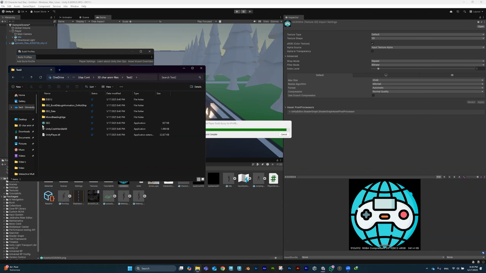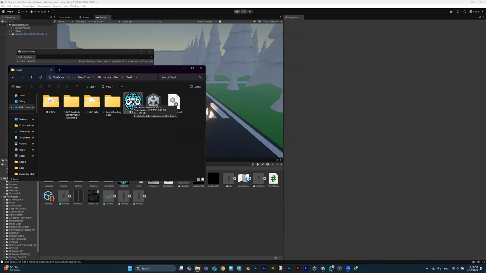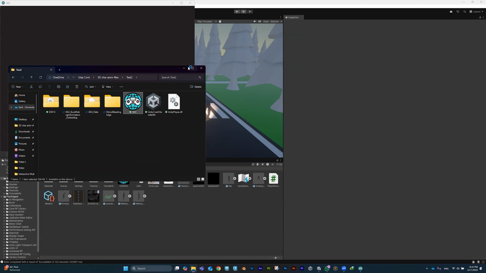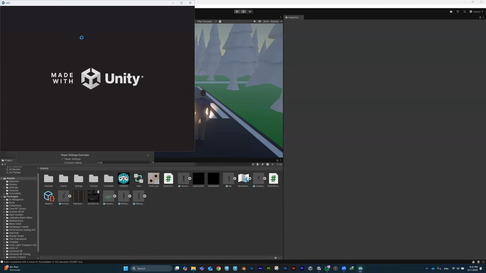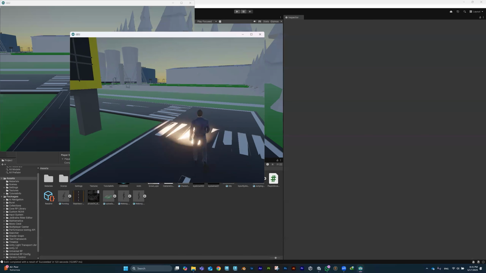As you see, the game icon will be changed. It will not be the Unity icon. And now let us try. Because I selected windowed, it will open like a window. And as you see,